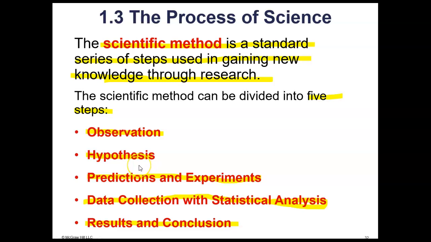And that would be how you would design your experiment. You would design your experiment with a control and a variable, a control group and a variable group. And you would make a prediction on what you think the outcome would be of your experiment. You would collect your data, use statistical analysis to analyze your data. And then you would report your results in a table or a graph of some sort, and you would make a conclusion, which is whether or not you feel like your results support your hypothesis, or whether or not you want to reject your hypothesis.